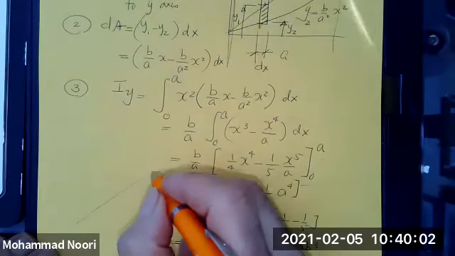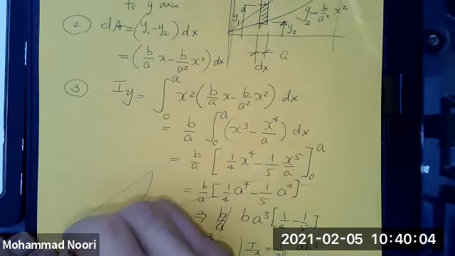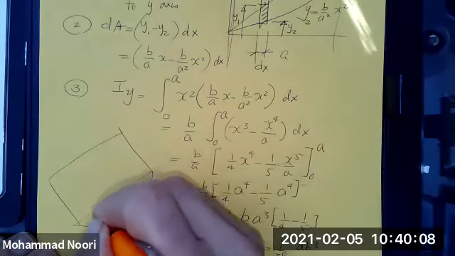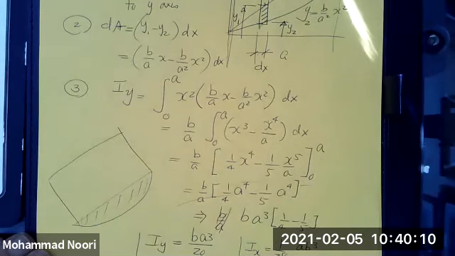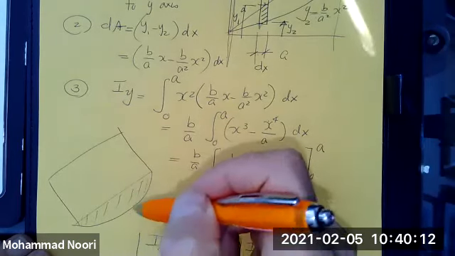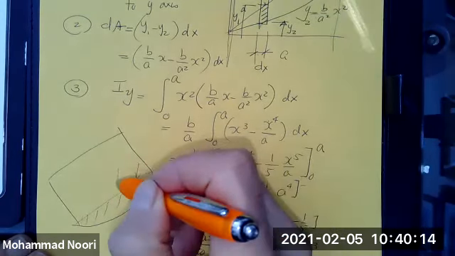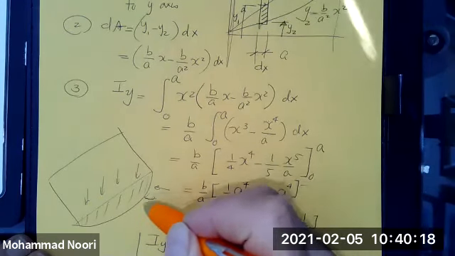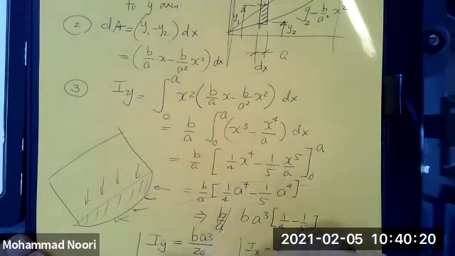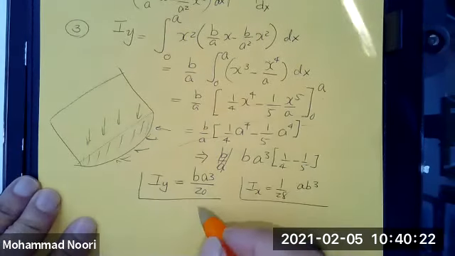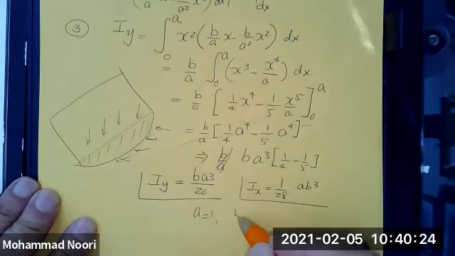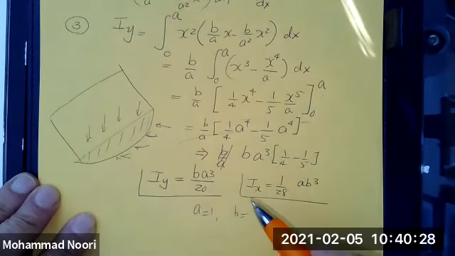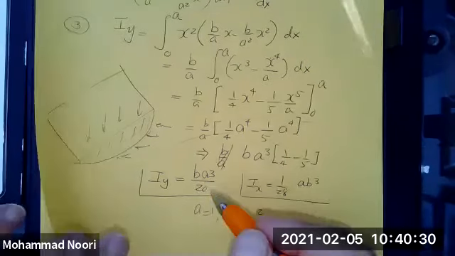So if that is a piece of lumber with this cross section, something like this, you want to know if it is going to be stronger this way or stronger this way. Let's just give it some numbers. Let's say A is equal to 1, B is equal to 2. Okay, so if that's the case, then you have